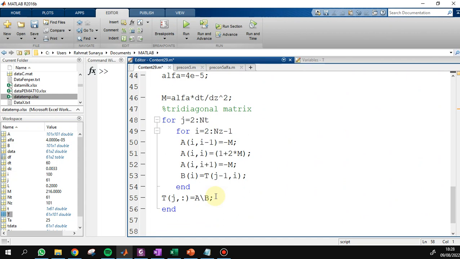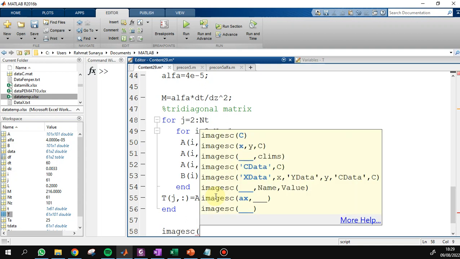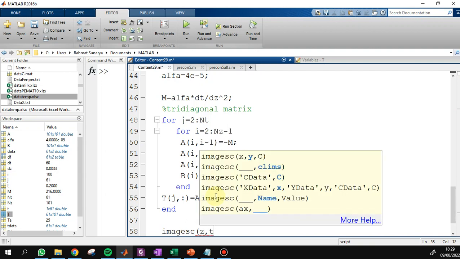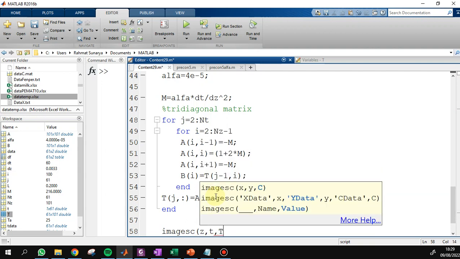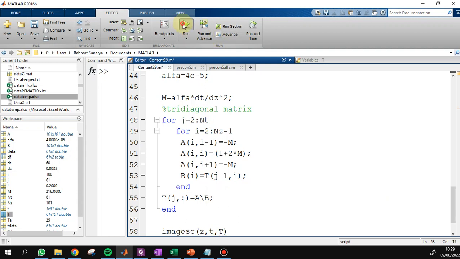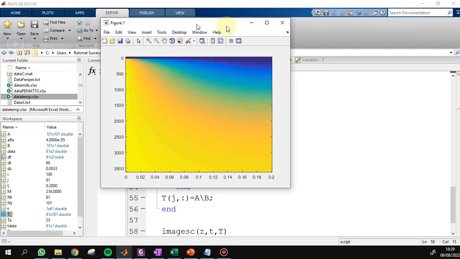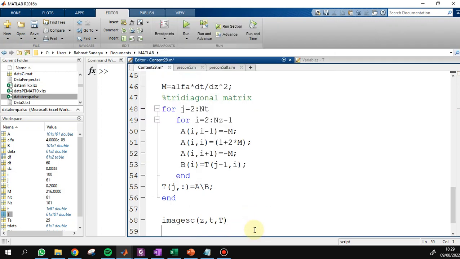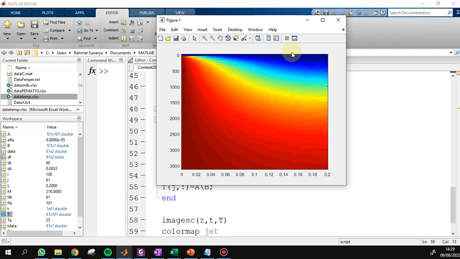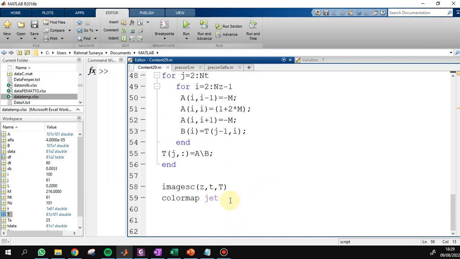So we need to visualize T with a color map chart. Perfect. The coding is done.